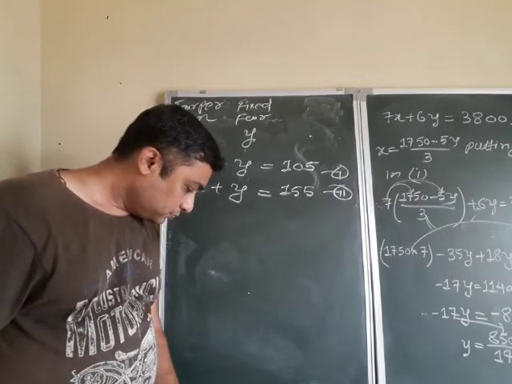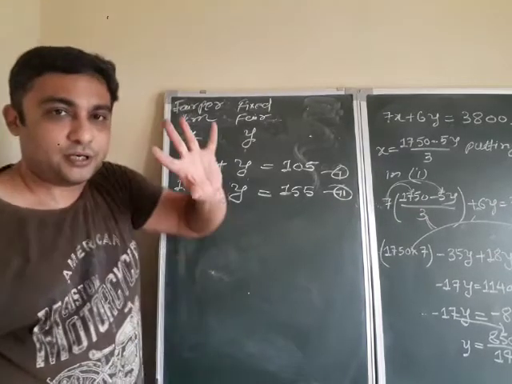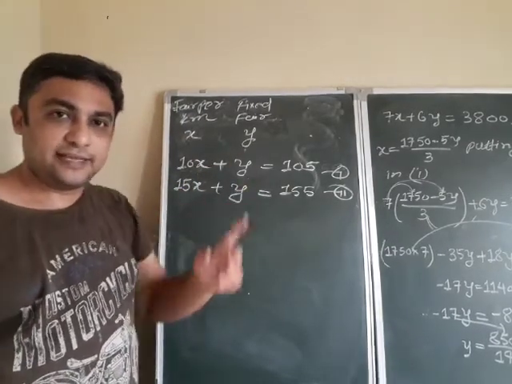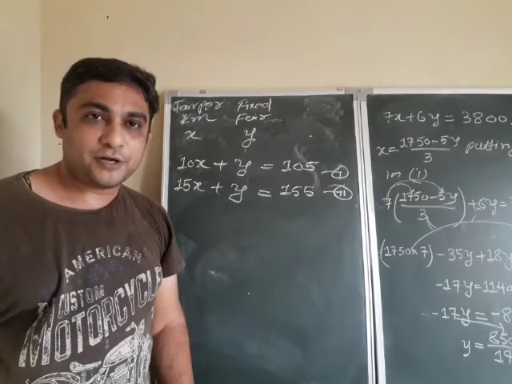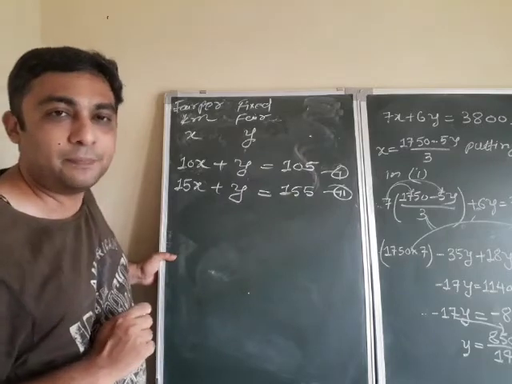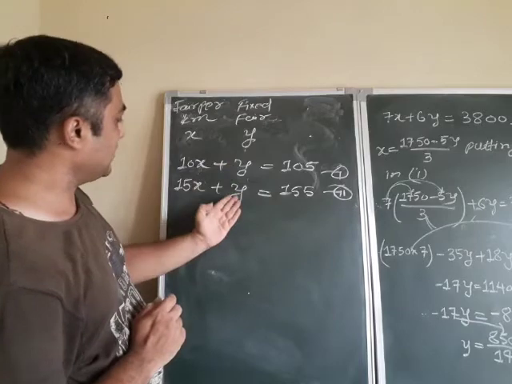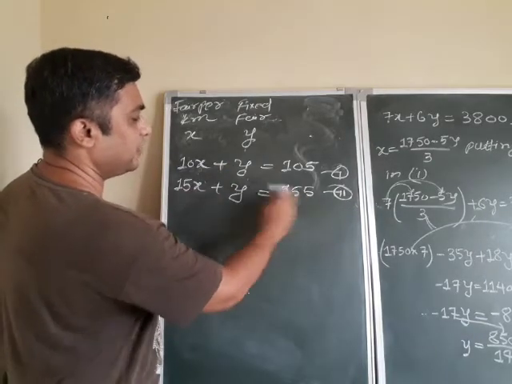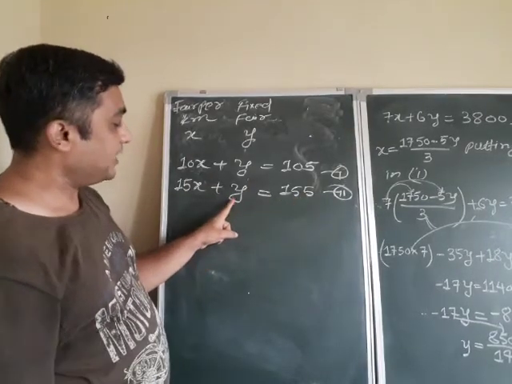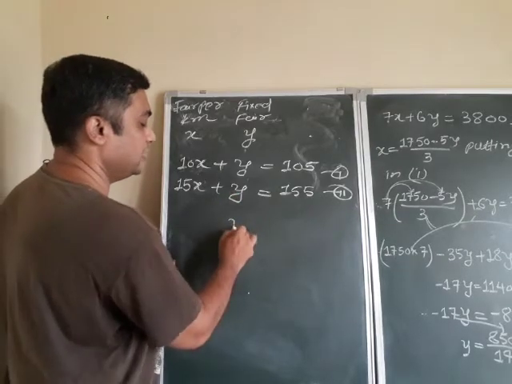Understood? How much does a person have to pay for traveling the distance of 25 km? We will see that later. First we find the values of x and y, and then we think about what the person has to pay for 25 km. So these are the two equations. Which method would it be? Method of substitution. Here we find y in terms of x, because finding y is very easy as it has no coefficient.